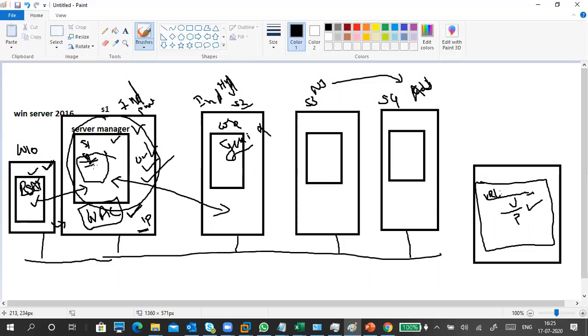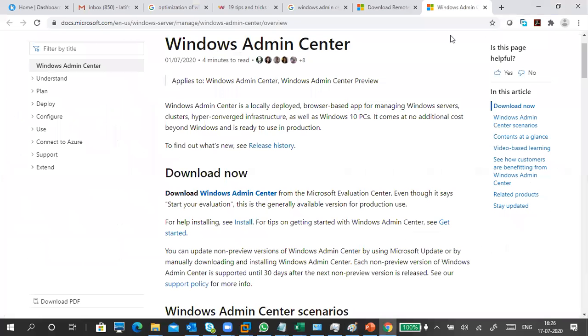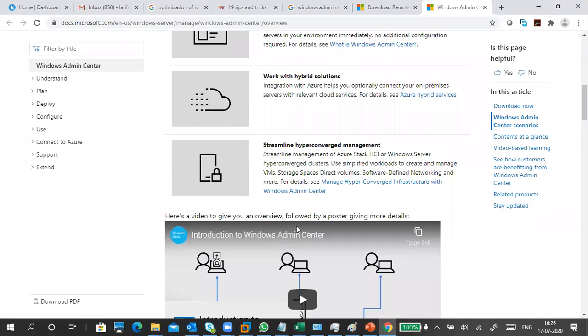and then use the browser to administrate the server. Your machine is not required to be in the same domain, like the same Active Directory, it is not required here. You can access it from anywhere. Anywhere means there is public and private communication. If your server is public, you can access it from anywhere, even through the Internet. The flexibility will be there. Okay, this is Admin Center. You can download Windows Admin Center and then use it.